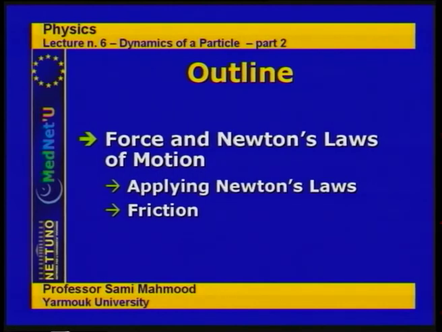And forces acting on an object can be of different types. One basically important and special kind of forces that could be acting on an object is friction. And we will talk about frictional forces acting on an object during its motion later on. But for the time being, before we have our example,